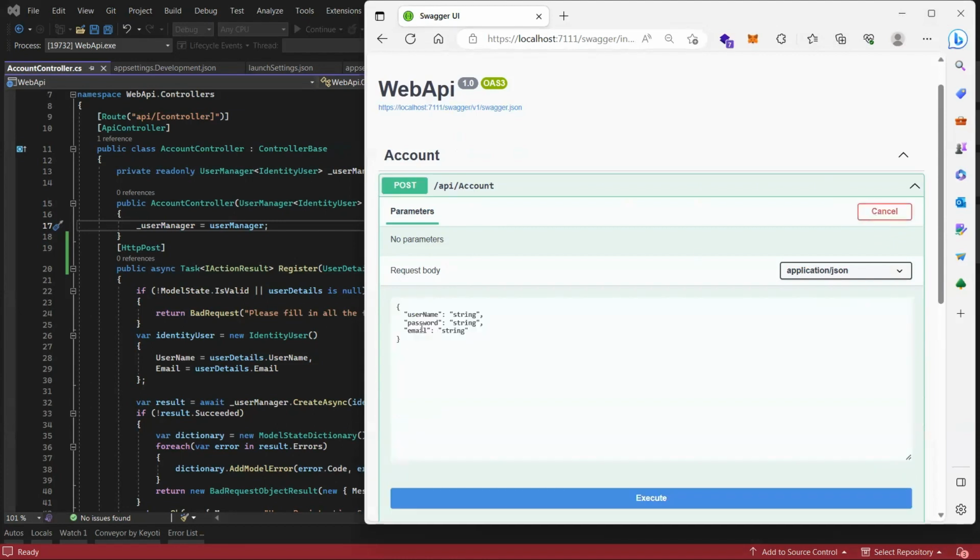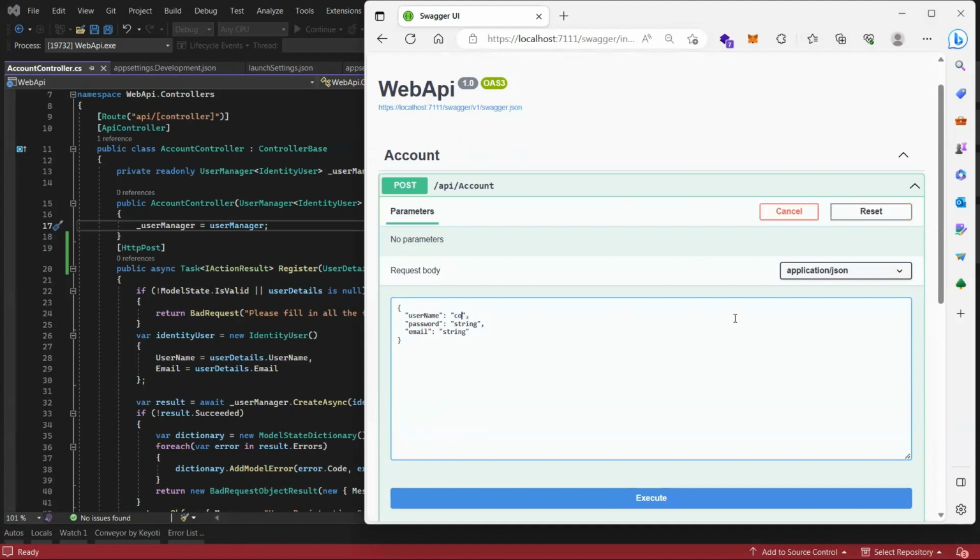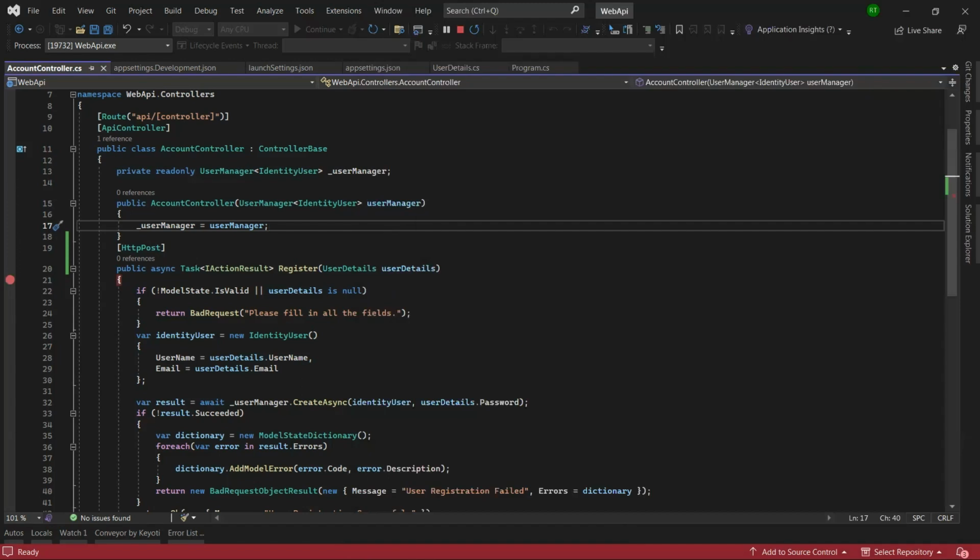Now we can try this out. We can put a username here, for example, Helen. Just keep a random password for now, Random123. Email would be info@helen.com. Let's put a breakpoint in here and